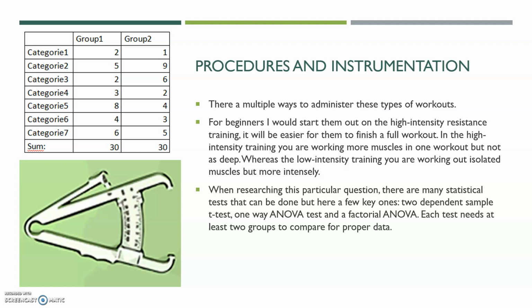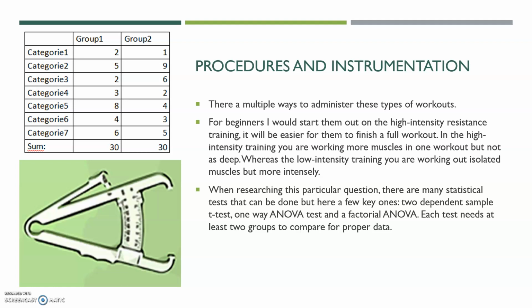When researching this particular question, there are so many statistical tests that you can use, such as a two-dependent sample t-test, a one-way ANOVA test, a factorial ANOVA. You'll need two groups for each of these tests, but a dependent t-test compares the means of two related groups, so male and male, female and female, elderly and elderly. They have to be the same,